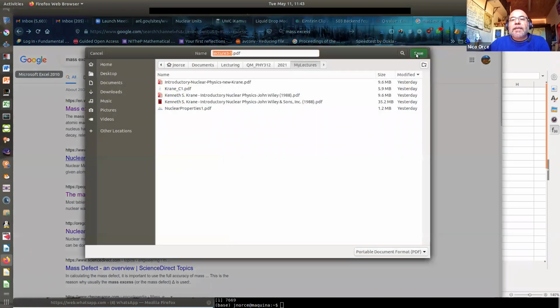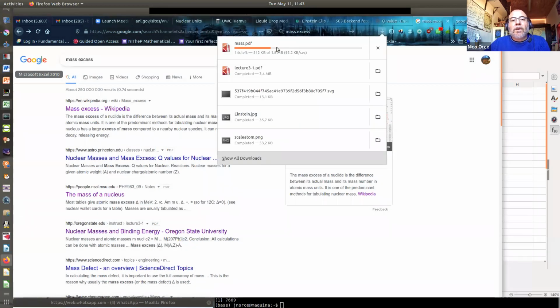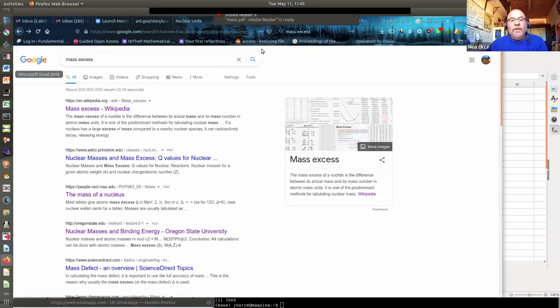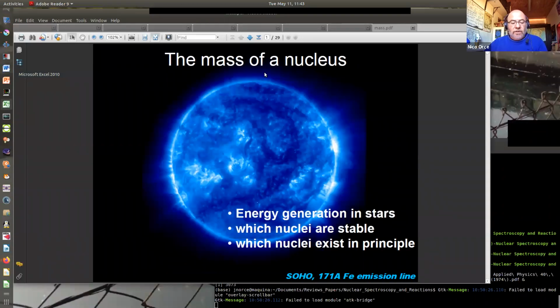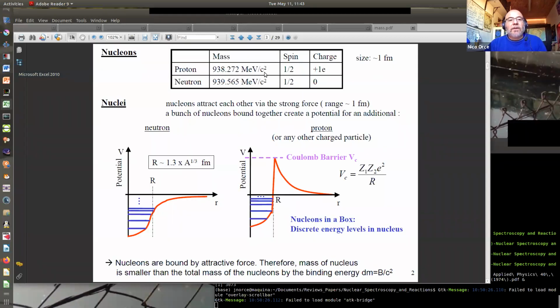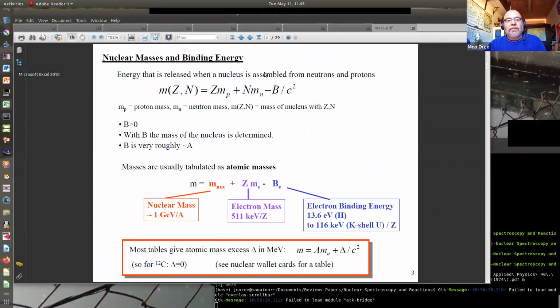But basically everything is in Crane, all the formulas that you need. So what is this now? Let's look at this quickly. The mass of a nucleus, okay. So here we go. This is the binding energy, and we have this also in our lecture. And this is the mass excess. The tables normally come in this mass excess. So the mass of the nucleus will be given by this formula,